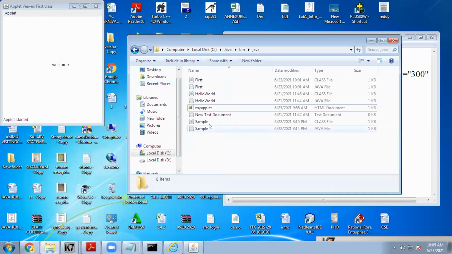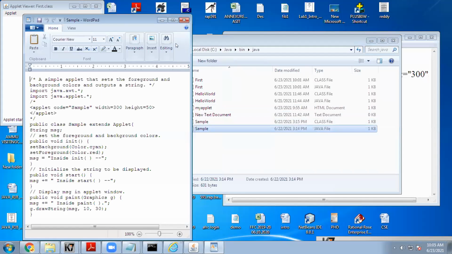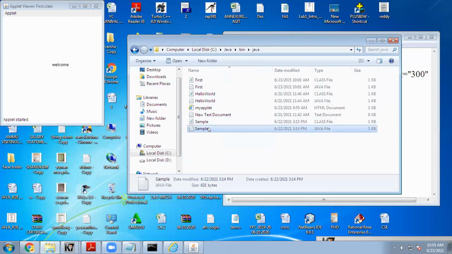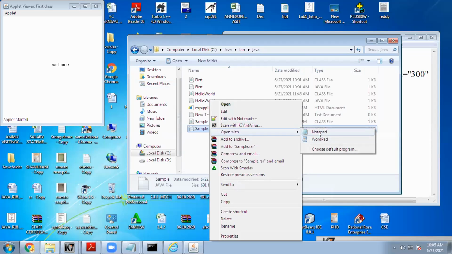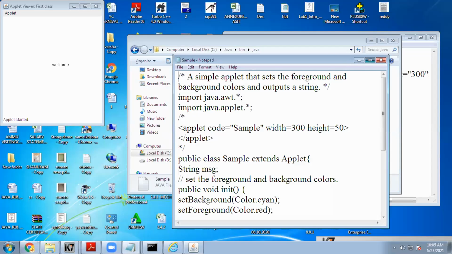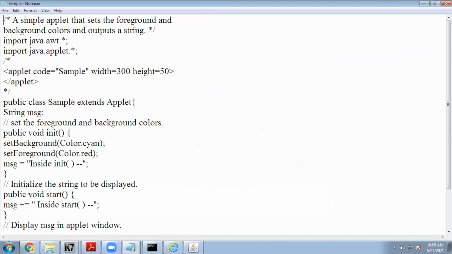So I created one sample program. I'll open the code. What this sample program applet is going to do is set the foreground and background colors and display some information.